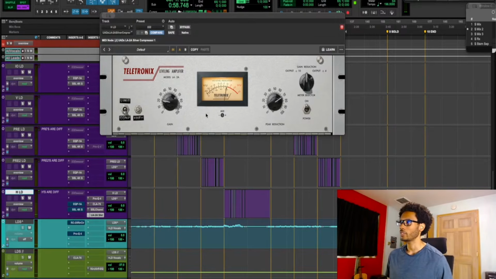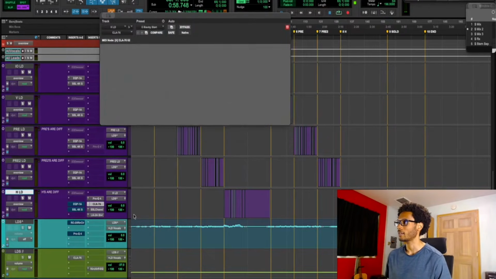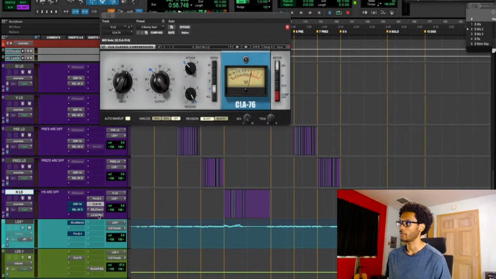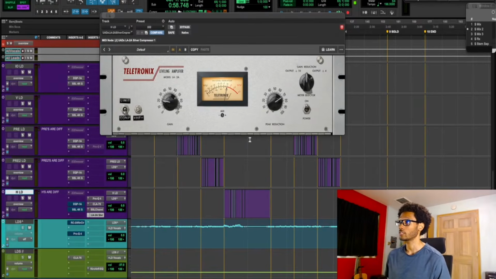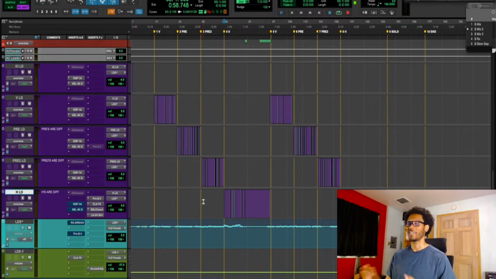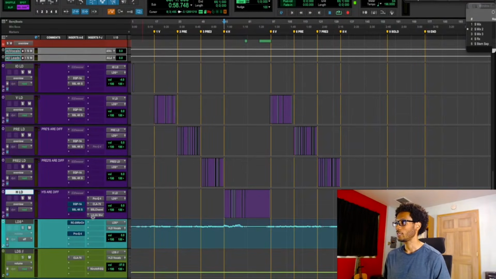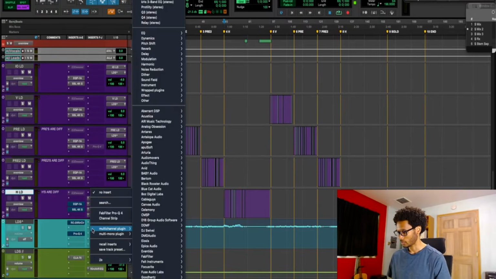Okay, so we're about at 3 right there. So that's nice, right? We got a good 3 to 5 dB compression on the 1176, around 3 dB of compression on the LA2A. We are safe. We're doing so great right now. We're good to go. And this is minimal. But let me just put a little bit of multi-band compression on the whole vocal bus. So let's go with the C4.